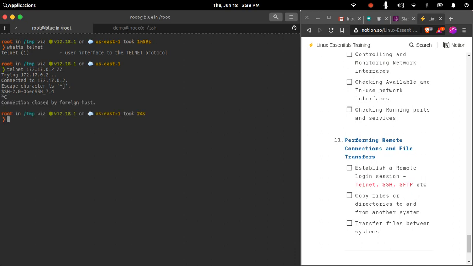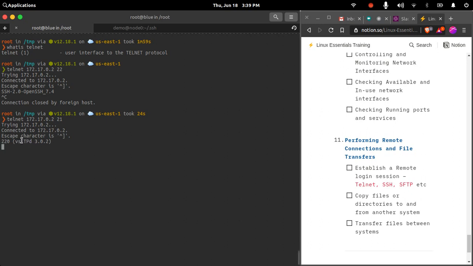I can close that connection with Control C, or with the caret and closing square bracket symbol. Let us check another port that is open, port 21. Here also I will get details about the program name.